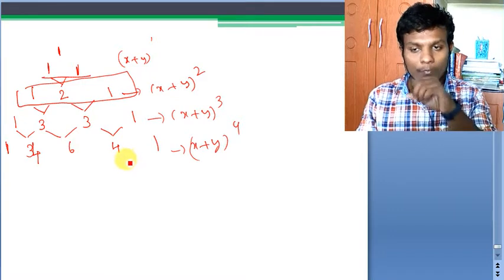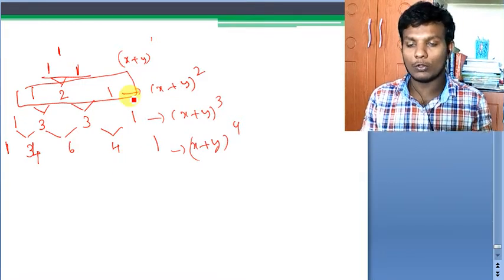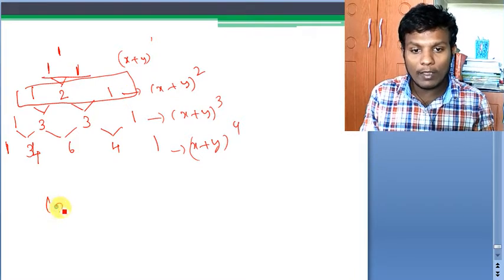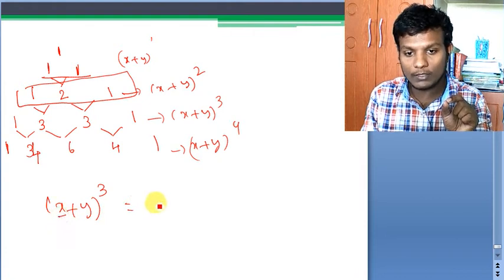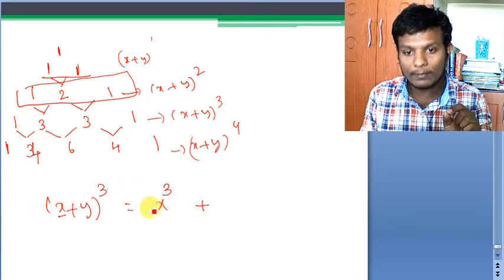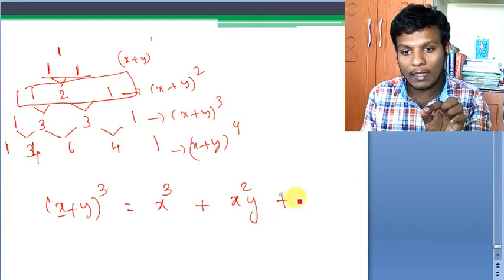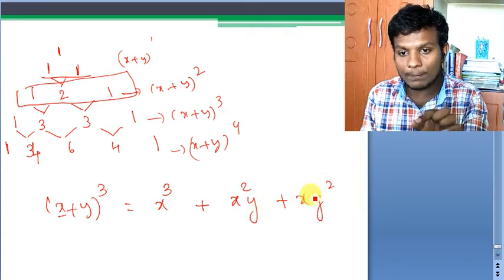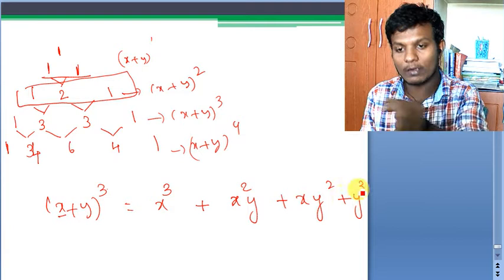Now see, when you have a minus, suppose I want to write x minus y whole cube, what shall I do? So if I know x plus y whole cube, as I told, start from the first variable, give the highest power cube, then you keep plus, then you write x square y, one less, again one less, and just increase the power of y simultaneously, then decrease the power of x by 1, it will become 3.